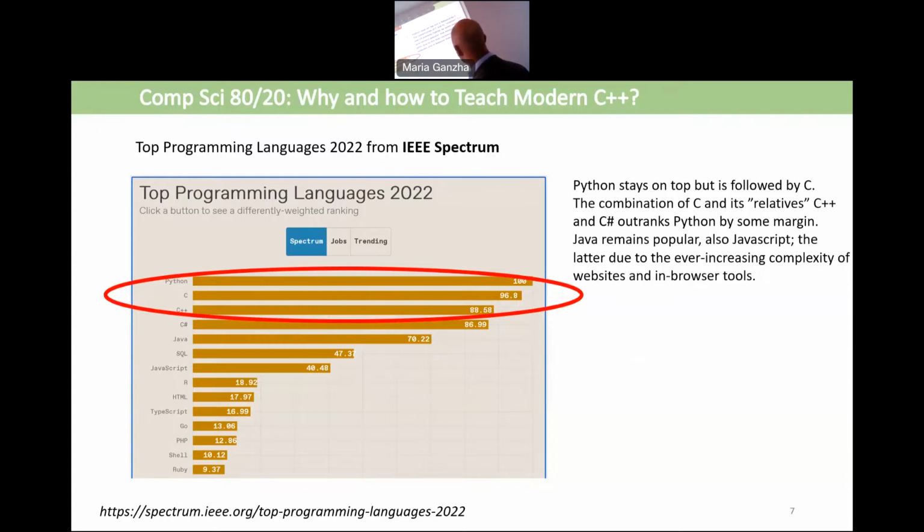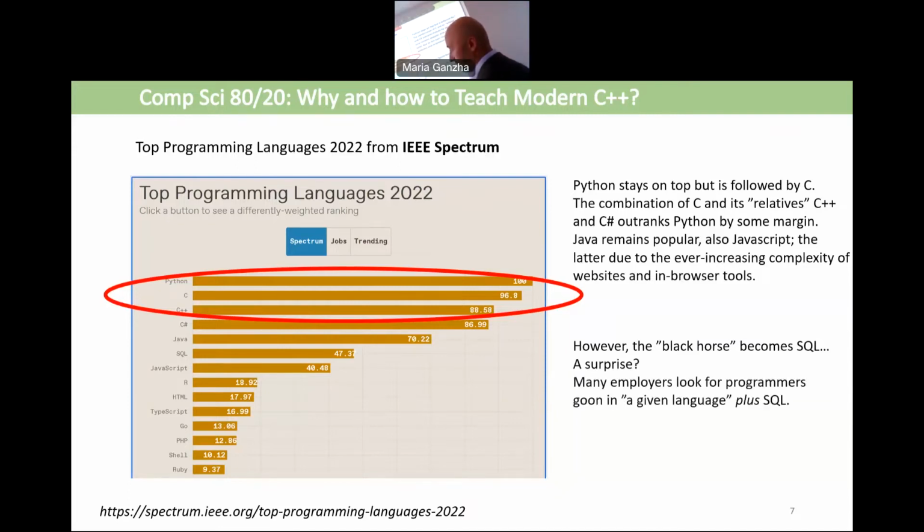What is interesting, the dark horse becomes the SQL language, actually. If you can guide your students on what to learn, it's good to know these languages, for example Python, C++, and SQL, if you are looking for jobs in good, well-paid positions.